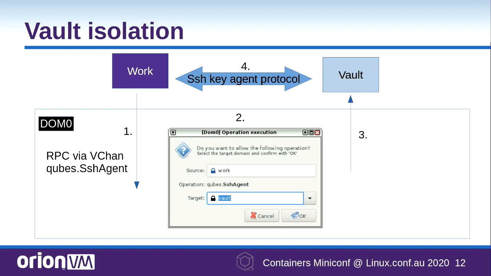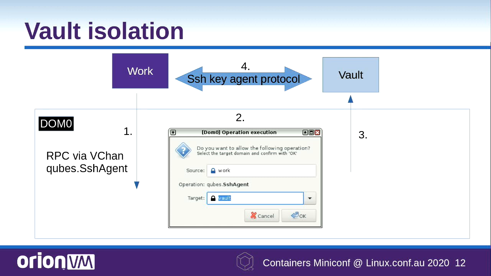So finally, for the RPC stuff, we want to talk about vault isolation. So you might have a work cube, and you want to access some server, and you want to do SSH. However, we don't actually store our keys in our work VM. They'll be stored in our vault VM, which we'll later find out is somewhat isolated. And the work VM can start up the SSH connection with the remote server, and then the server will send the challenge. Then you can take that challenge and forward it over the Vchan to our vault VM. The vault VM can solve the challenge and then send back the solution over the Vchan without the key ever having to leave the vault.